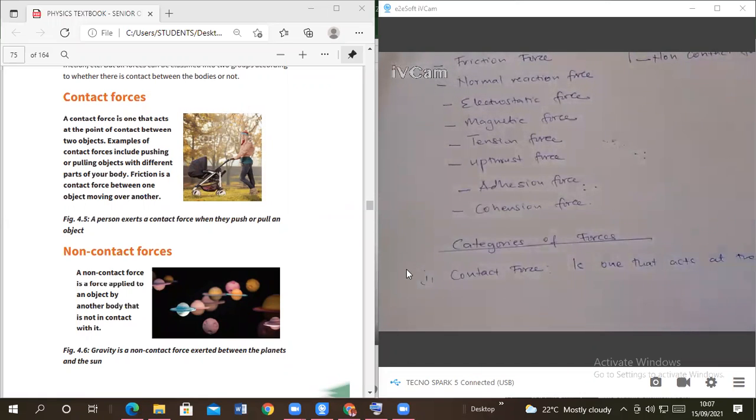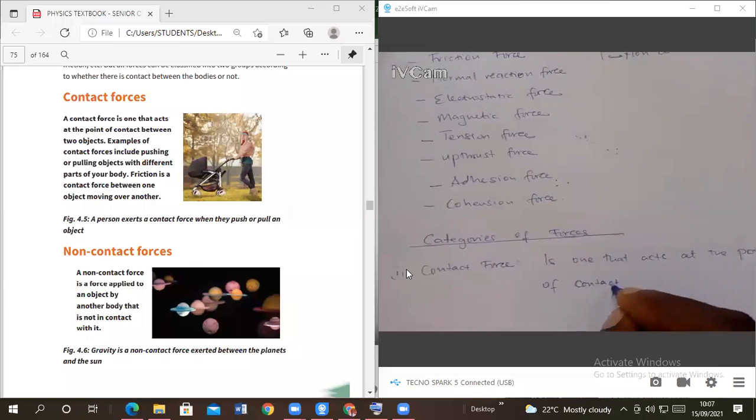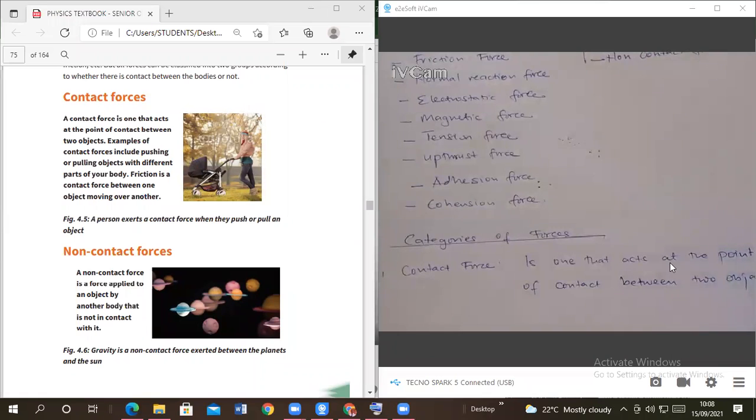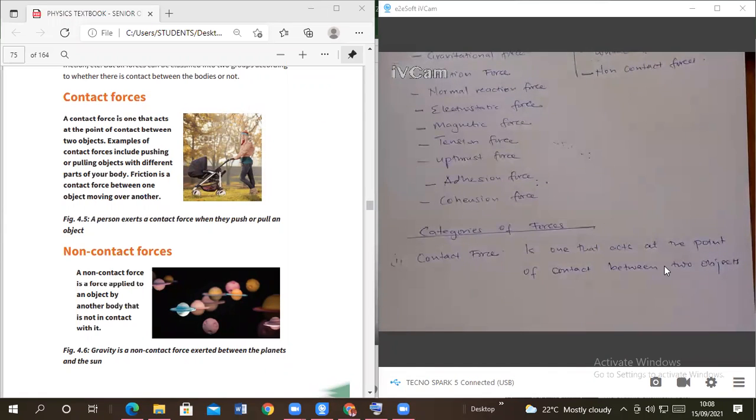Thank you for revising. A contact force is one that acts at the point of contact between two objects. So that is the contact force. There are examples. They're saying that examples of contact forces include pushing. So there must be something in contact. For example, pushing, you can see this